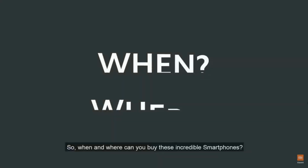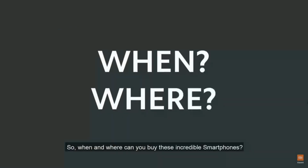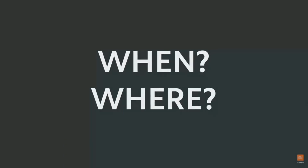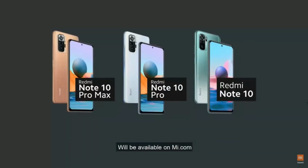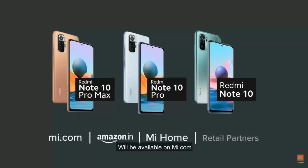So when and where can you buy these incredible smartphones? All of these 3 phones, Redmi Note 10 Pro Max, Redmi Note 10 Pro, and Redmi Note 10, will be available on mi.com, amazon.in, and our Mi Home stores, and will be soon available across